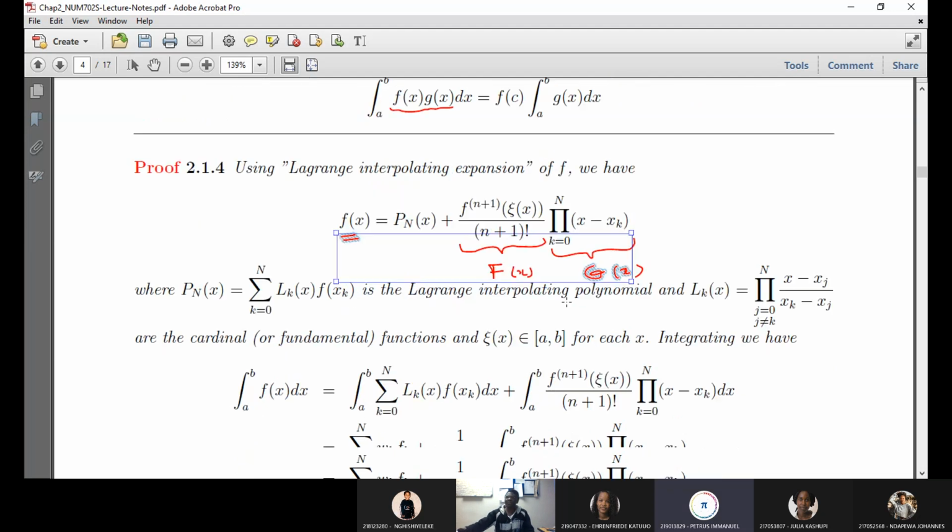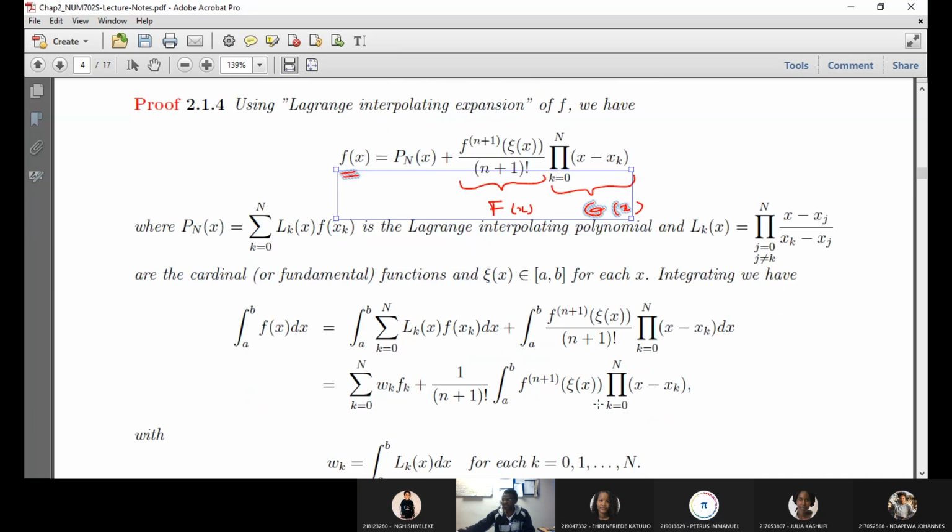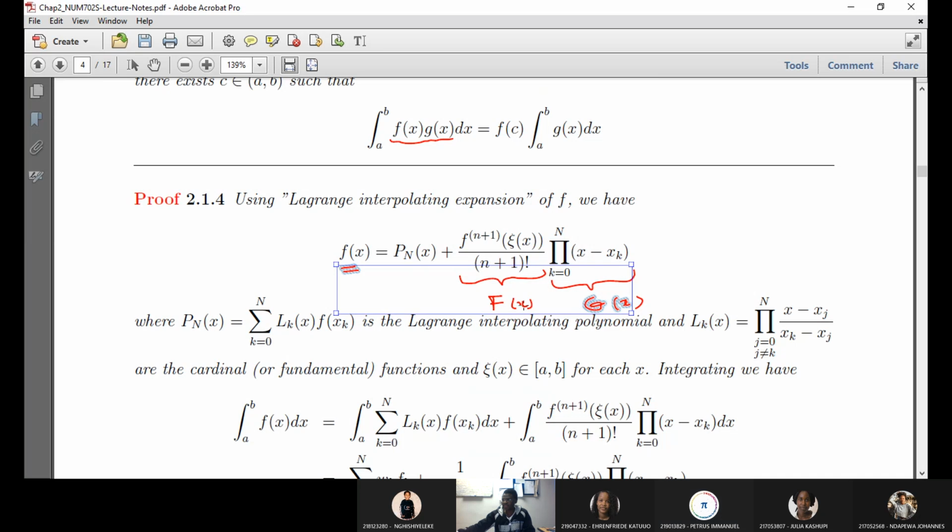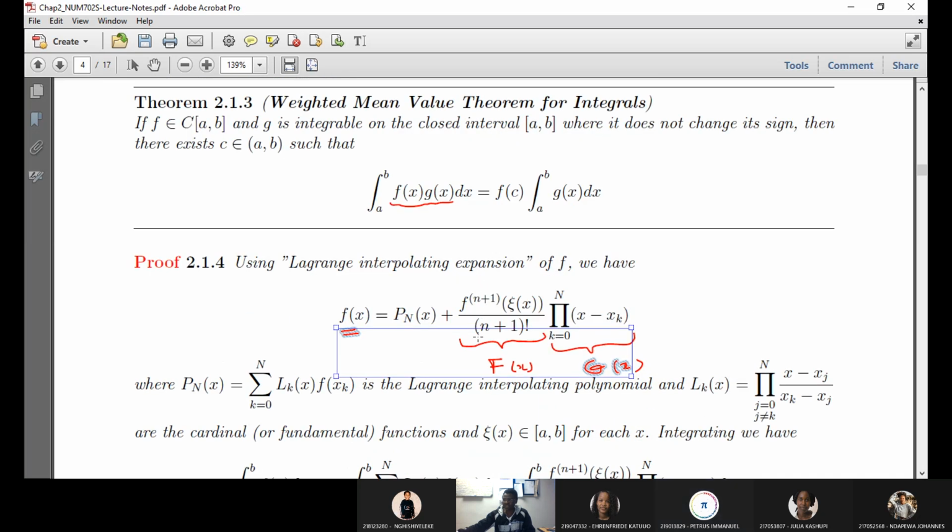All right. Now, if you integrate, this is the integral here. You integrate this. Now you see that this capital F of x is continuous. If you look at, as I was saying, the assumption, the n plus 1 derivative is continuous. So this is a continuous function. So it satisfies this condition: F continuous on the interval a b. So that's the key. Now for the second function, this one, the g of x